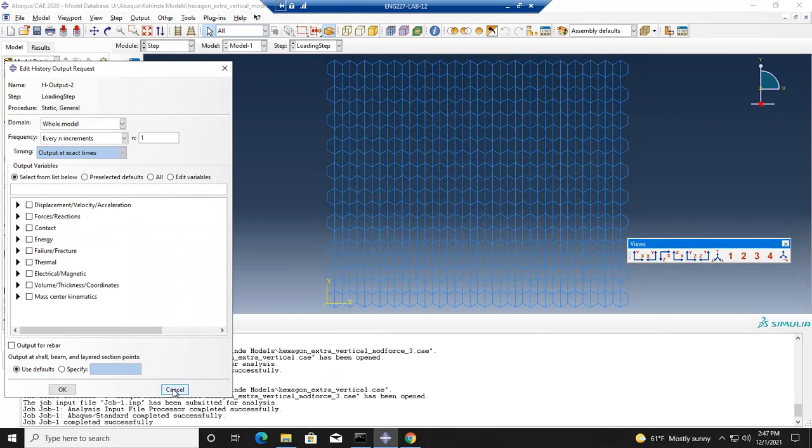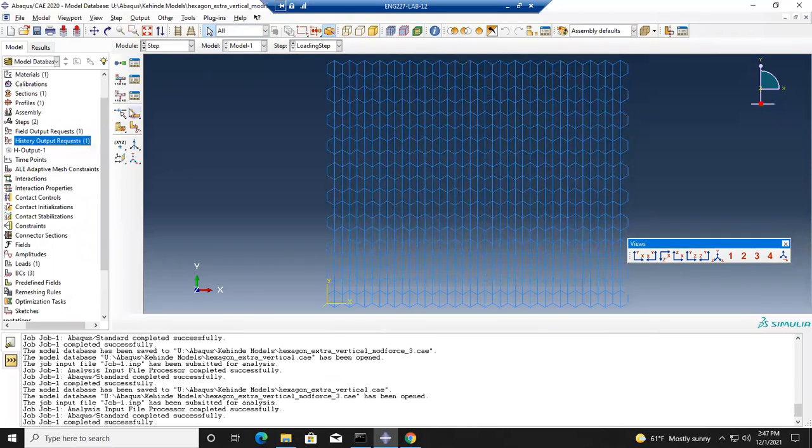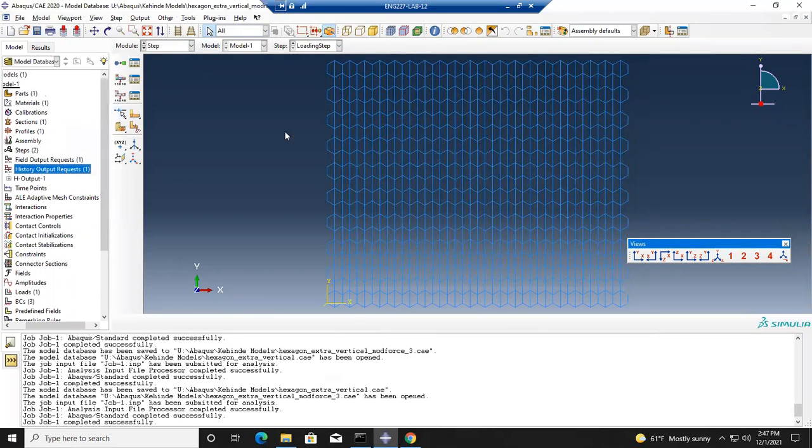So first we want to create some sets. How to create sets? So for Poisson's ratio, what do we need? We need